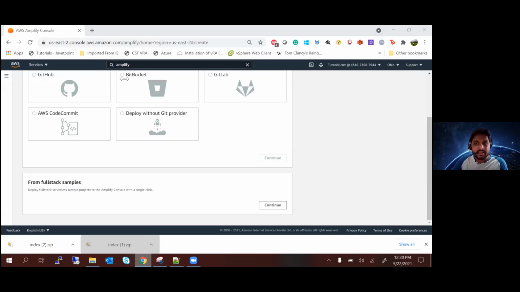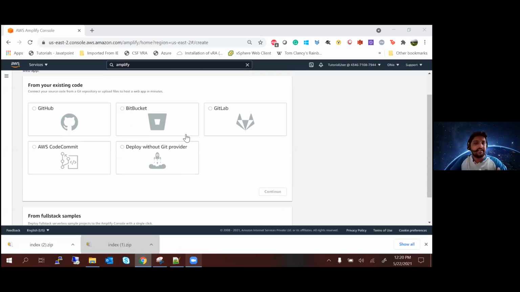Hitesh, we are not there yet. Which link are you talking about? Do you want the download zip? Okay, let me paste it again. This is the zip. Just download it, just click on it, it will download a zip file. That is it. Just don't do anything on that zip. After that, come back to the console and click on get started.